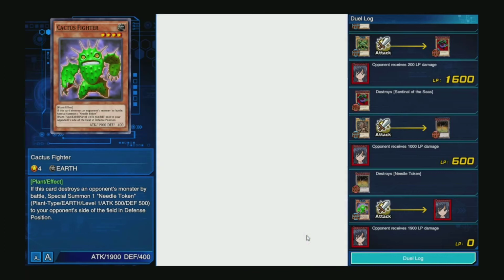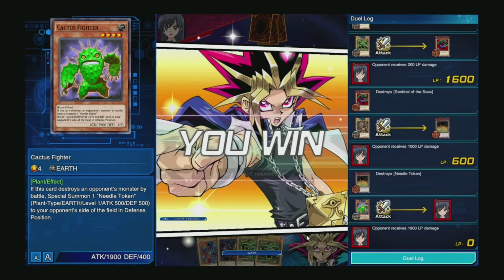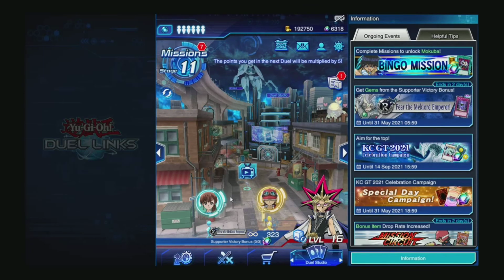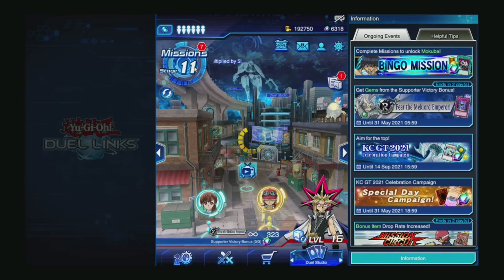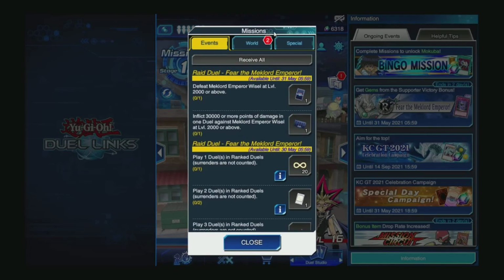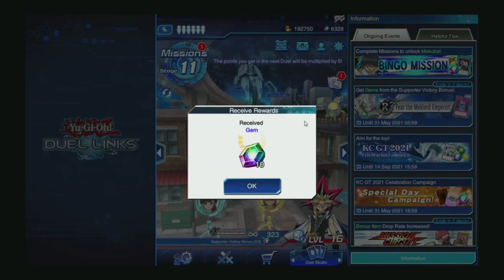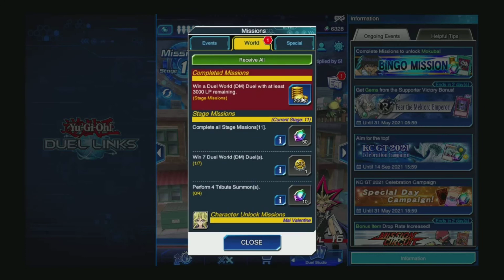On how to build a free-to-play deck or a budget-friendly deck, and I'll just go through that with you guys. Also, as a free-to-play player, try to get your missions done as quickly as you can. So we have got gems here from your missions, and also a very, very good tip as well for your